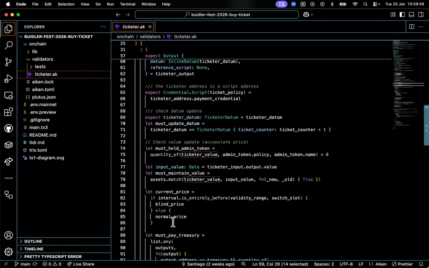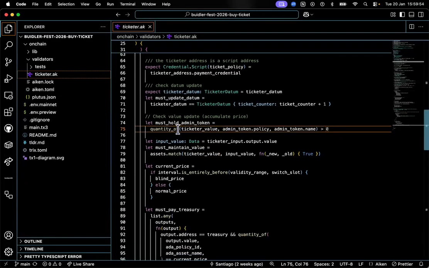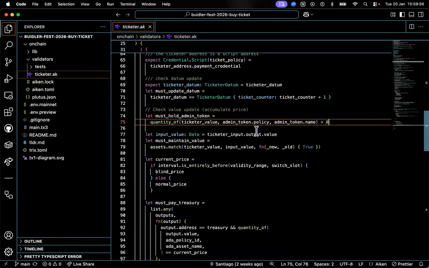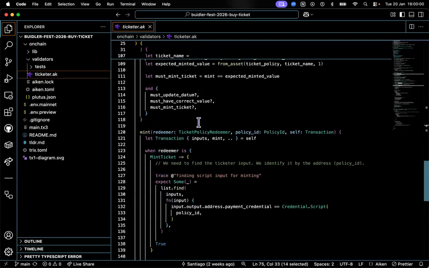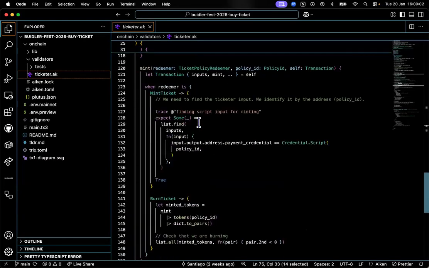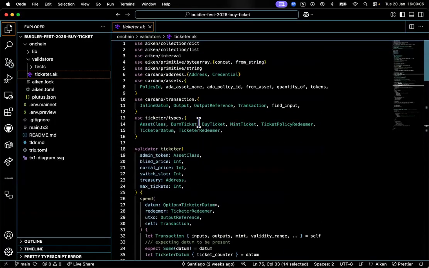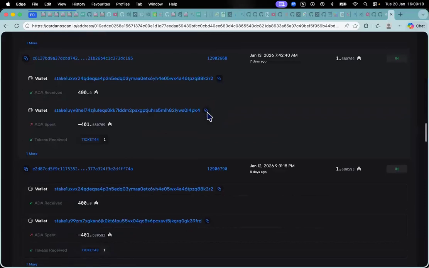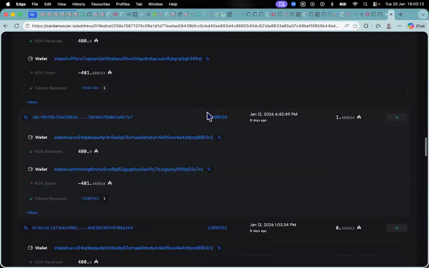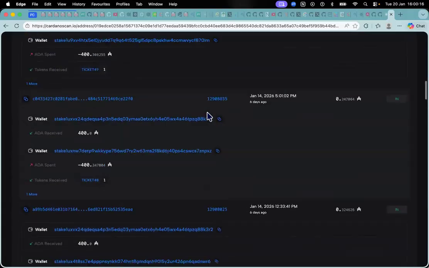They are just saying it must be greater than 0. Can you take a look at ticketer value again? Maybe ticketer value is not the same as the 400 ADA we are sending. Maybe it's a different thing.